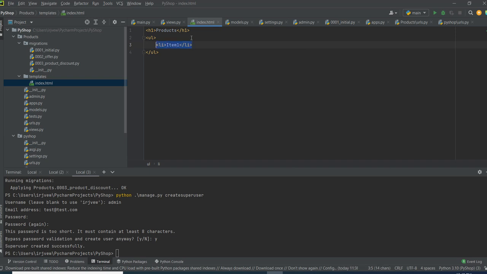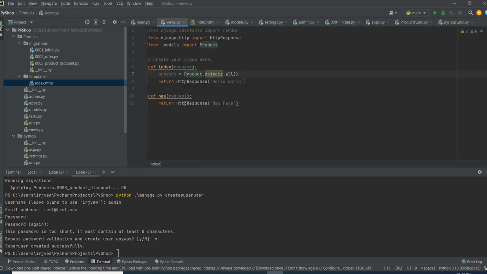That's it. Now I'm just going to use the repetitive list of items, item 2. That's it. Just adding some dummy HTML content over here. Now what I have to do in views.py is, instead of sending the HTTP response, I want to render that HTML template. For that, I'm just commenting this return,